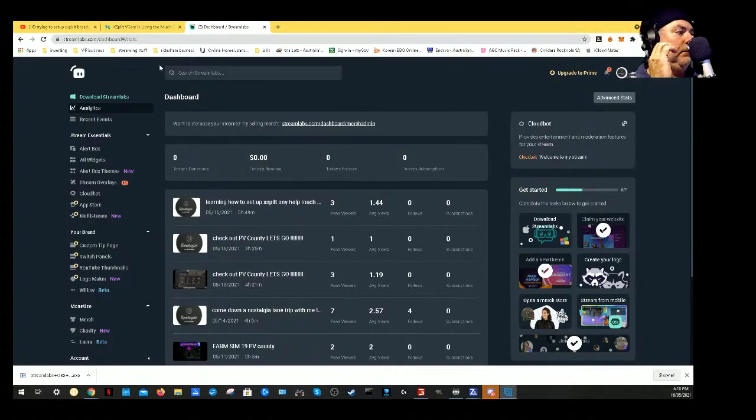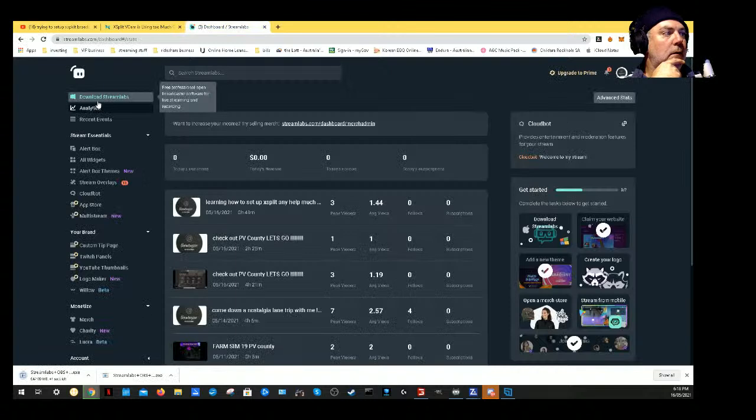Go to Streamlabs, streamlabs.com, and then log in. And then you can create an account in Streamlabs, and then go to download Streamlabs here. And that takes you to, it automatically downloads